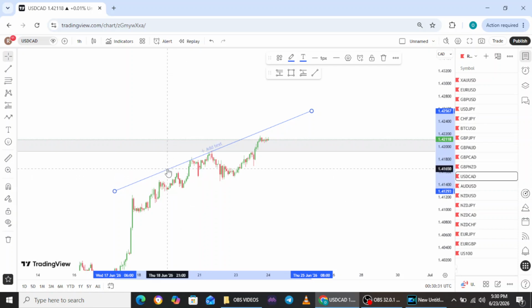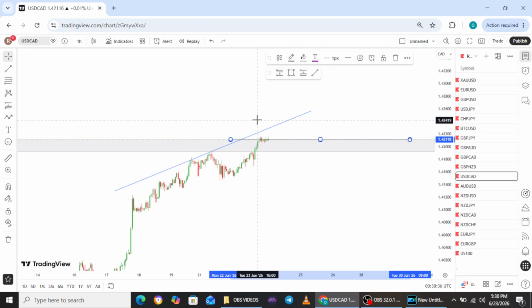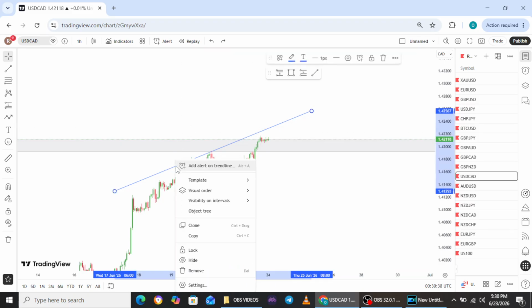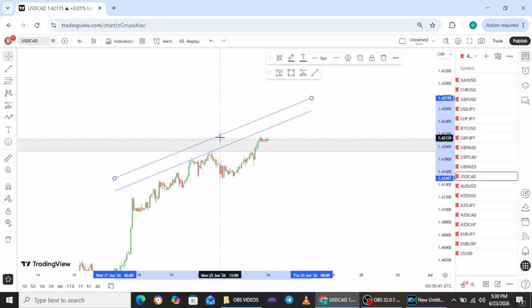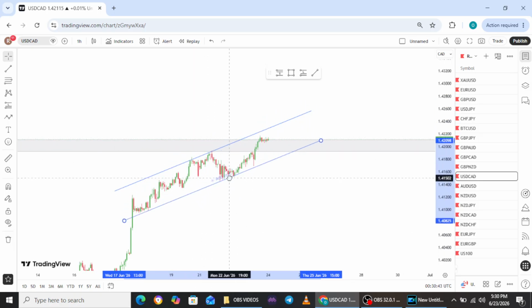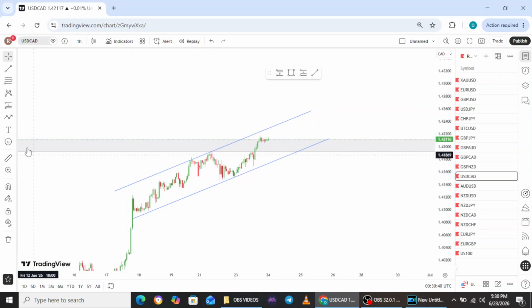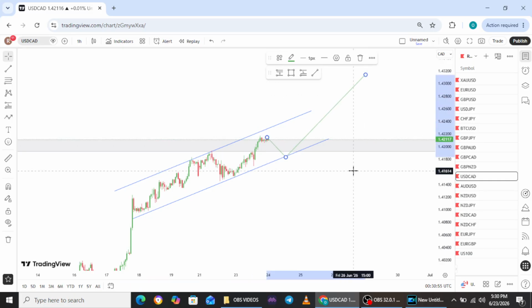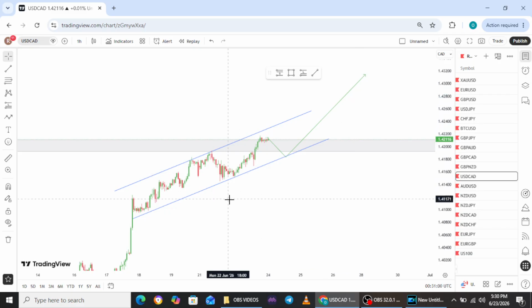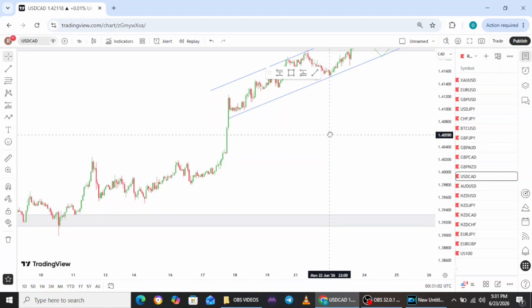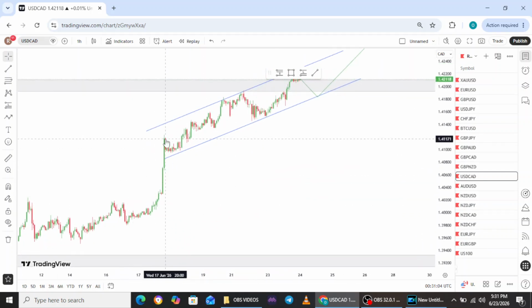Now, only buy at support. So if you clone this and bring it down, if at all I want to buy this, I'll wait for the market to come back to support, then to the upside. But I actually doubt that is what the market will do, because if you look at what is happening, this is like